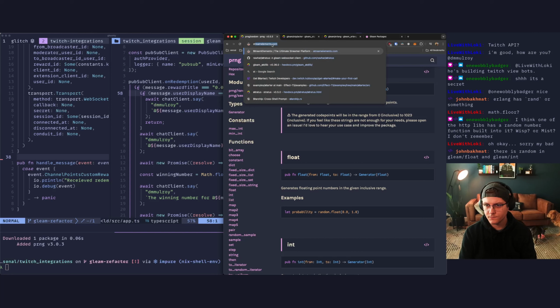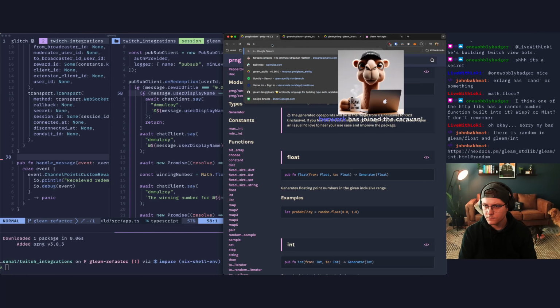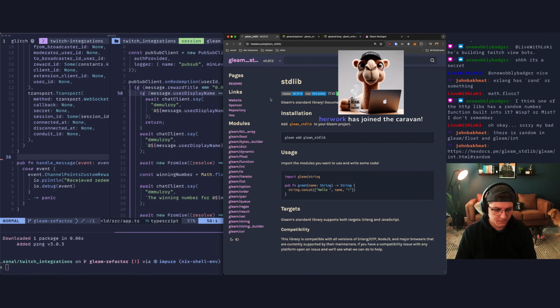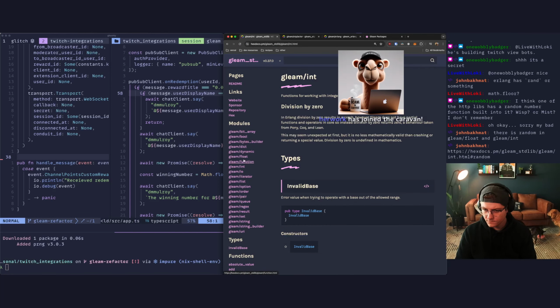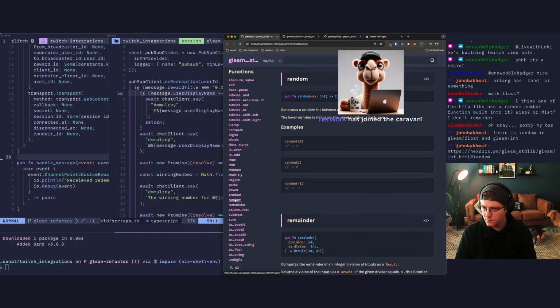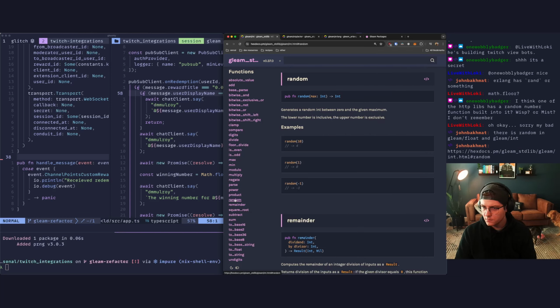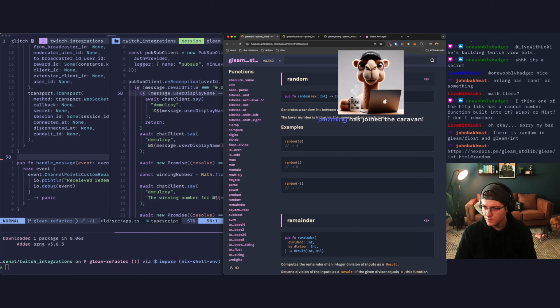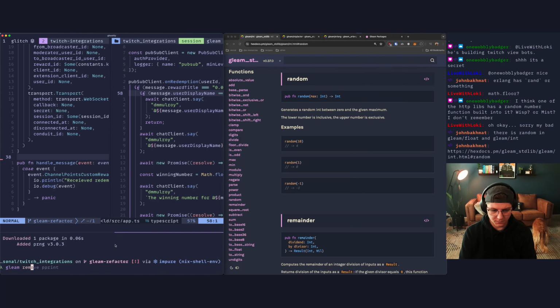Standard. Random. The lower number is inclusive. The upper number is exclusive. Okay, well, then we don't need PRNG. So we can do gleam remove PRNG.